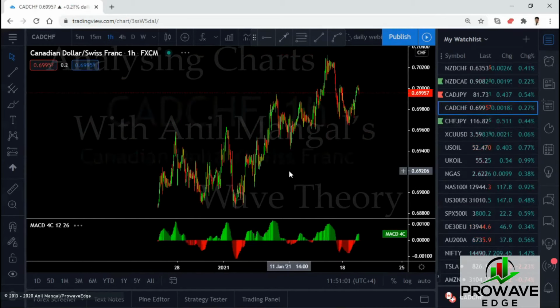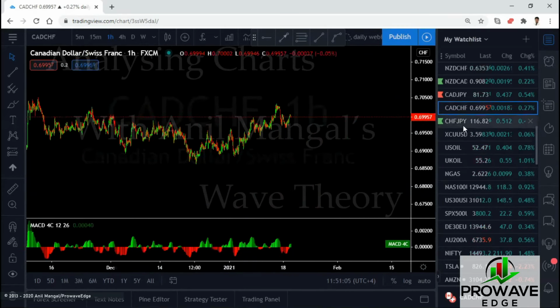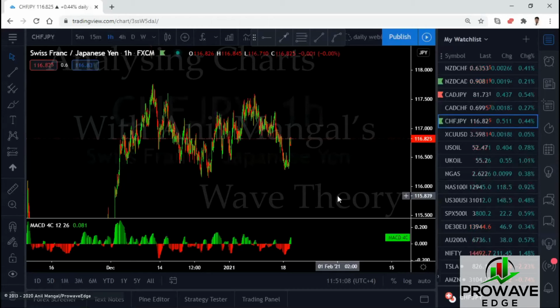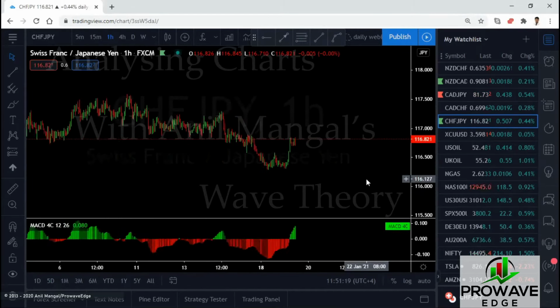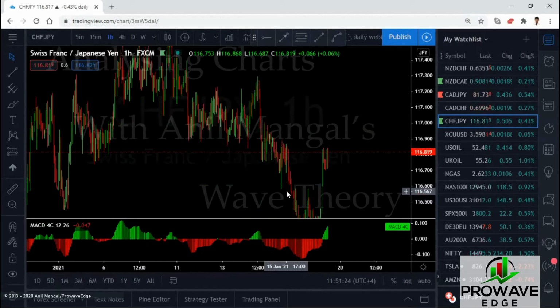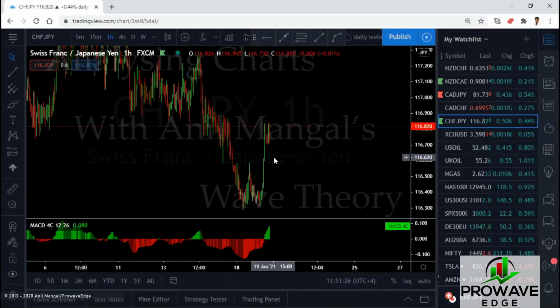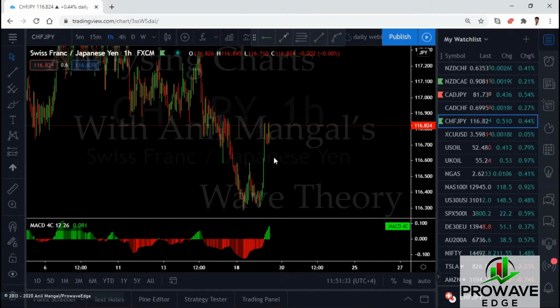CAD Swiss, probably stay out of this. It's not going anywhere. Just stay out of that. Swiss yen, we don't trade that very much. The Swiss yen upside. Most of the yen pairs are looking upside, so not all of them. Some might be short term. So you're getting a buy setup here for upside. Let's see, we have a flag there in the 1 hour. We're getting a 1 hour flag, so that's a buy setup, at least back to the top. It might consolidate more. I don't think they're going to break out now. I could see this consolidating a lot more and then go. That will be a better trade.